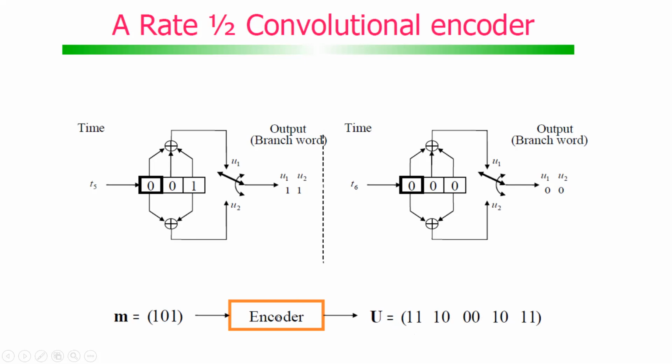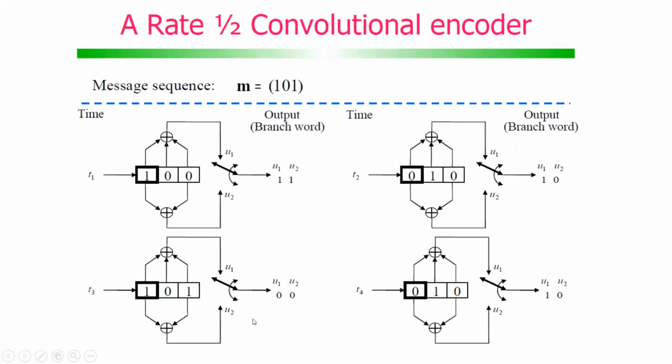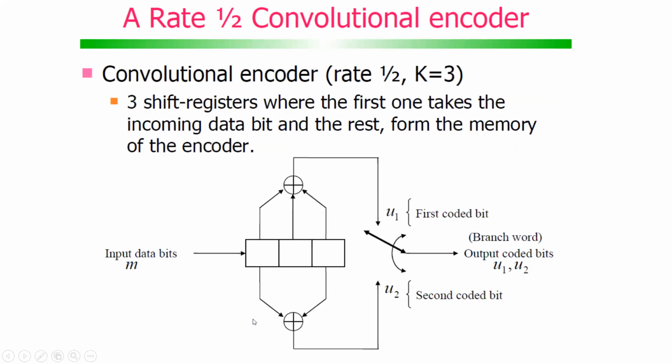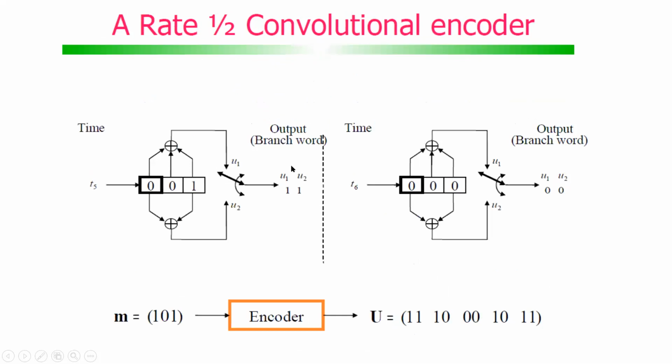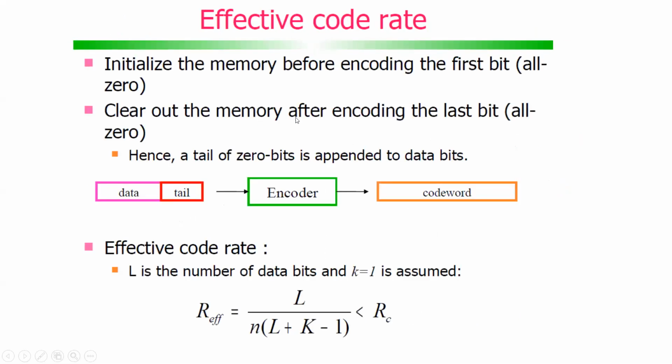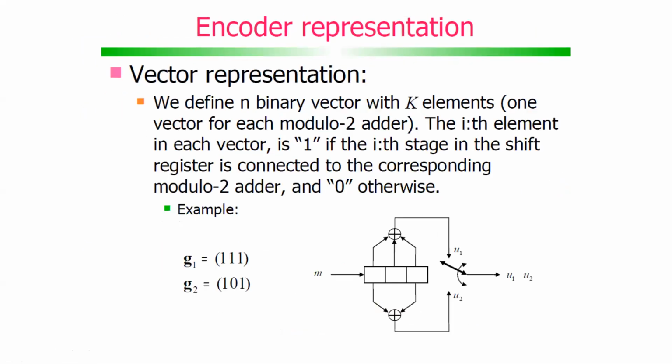If you look at the effective code rate now, I started with a code with a code rate of 1/2. But what is the effective code rate coming? If you supply 3 bits into the encoder, how many bits do you get? 10. So it is a 3/10 effective code rate. All right. Now I will come to this part a little later, because this is not that important. This is the effective code rate.